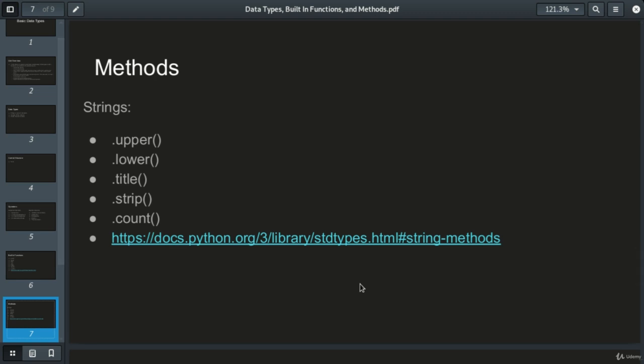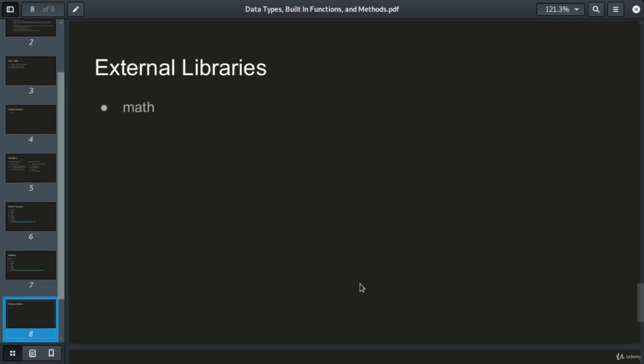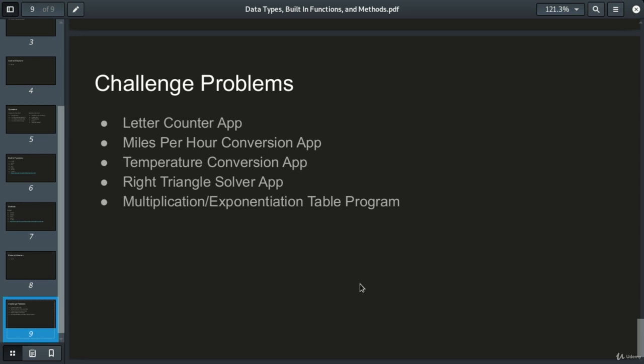We're going to primarily talk about string methods in this unit, such as the upper, lower, and title method, the strip, and the count method. We will introduce a library of external code, the math library, which is going to allow us to do some higher level math calculations. And lastly, at the end of the unit, I will present you with 5 challenge problems